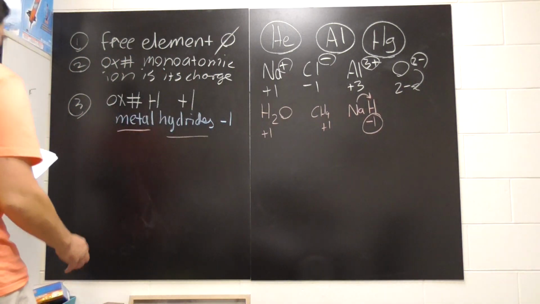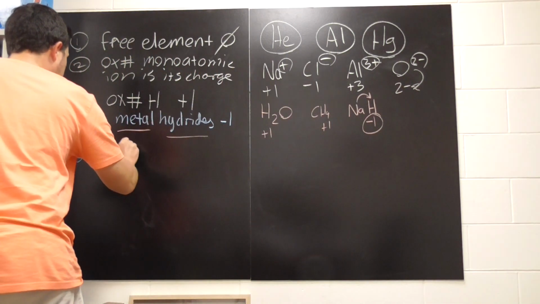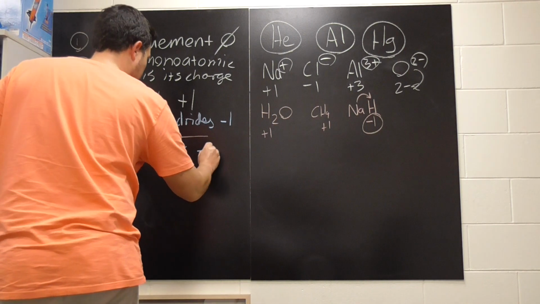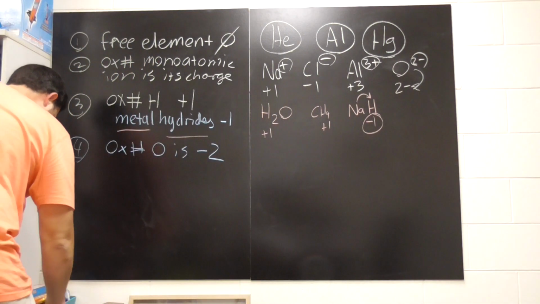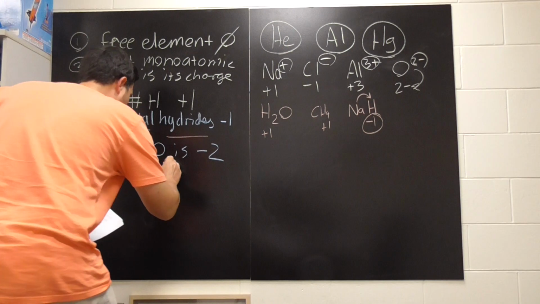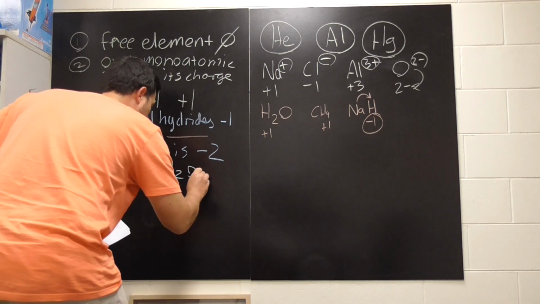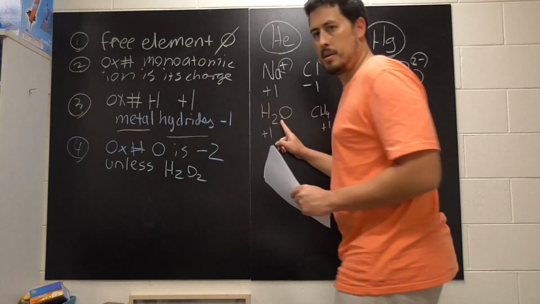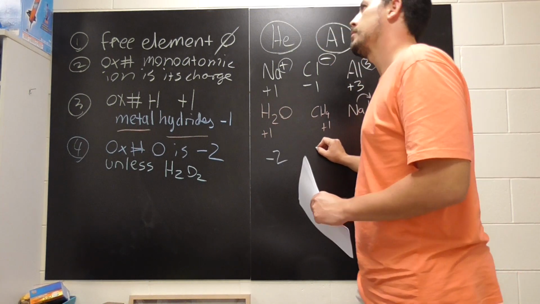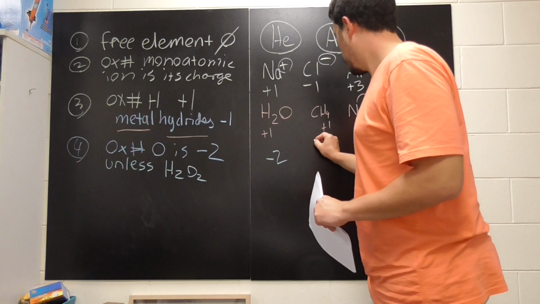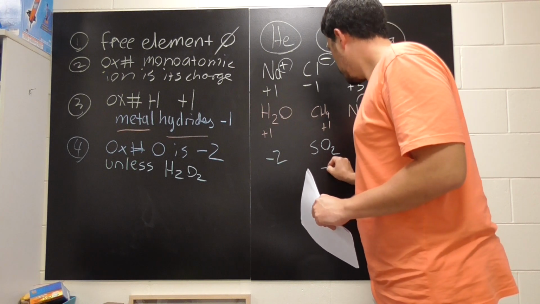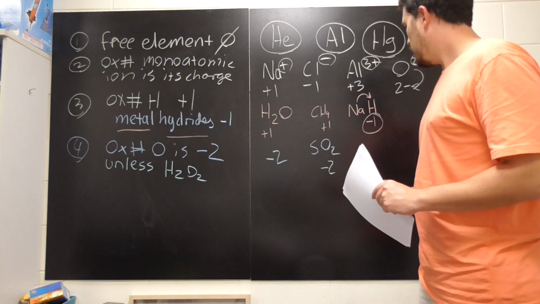Next, rule 4: the oxidation number of oxygen is -2, always, unless we've got another exception, unless it's in hydrogen peroxide, H2O2. So if you look here, oxygen in water will be -2. What's another one? Oxygen in SO2, sulfur dioxide. Again, here it's going to be -2, obeying the rule. But if you've got something like